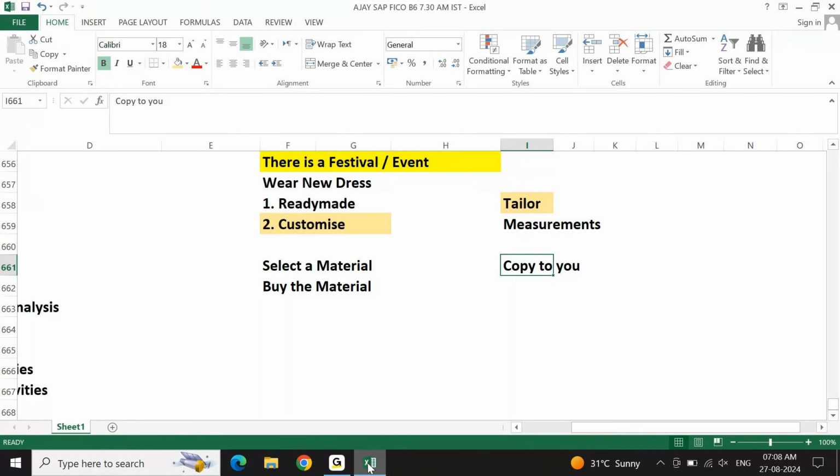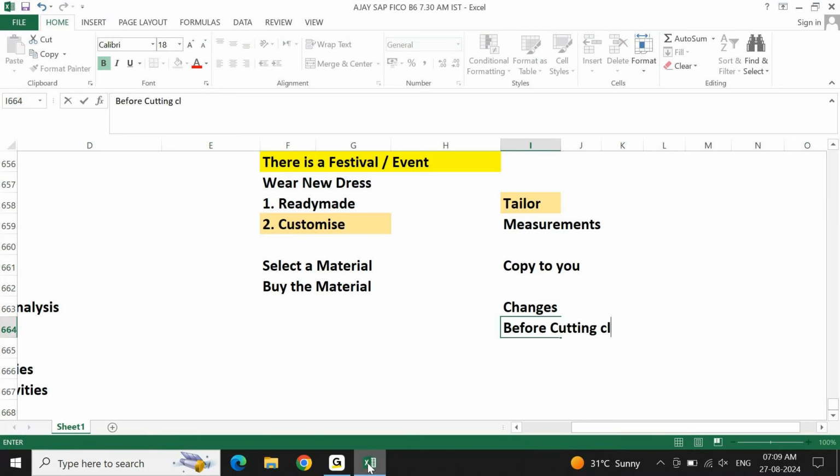Now, after giving the measurement, you went home. Then suddenly you got an idea that, arey, if it is in this method, it will be better. You immediately call your tailor, or you go to the tailor saying I want to change the style like this, I want to put this length like this. Is it possible or not possible? Here also changes are possible. Now here changes are possible until what the tailor will do first? He will cut the cloth, right?